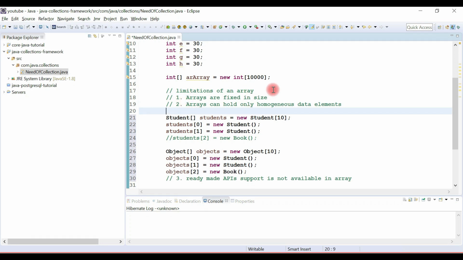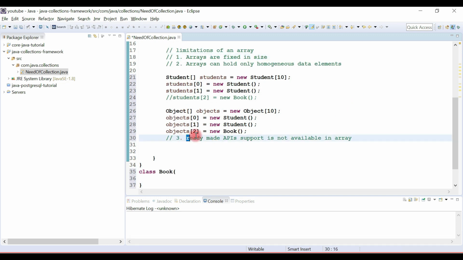And collections are growable in nature. For example, ArrayList internally uses a dynamic array, so it can increase or decrease the size as per our requirement. This way ArrayList can solve the problem. And we can store different types of objects in collections, for example a String or an Integer. We can store both homogeneous and heterogeneous data elements in collections.